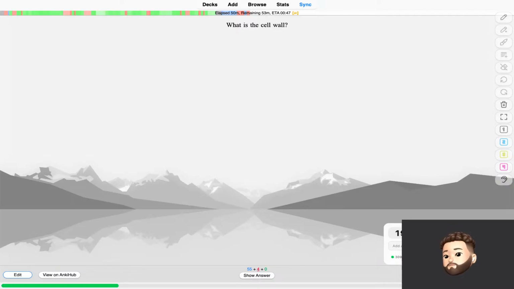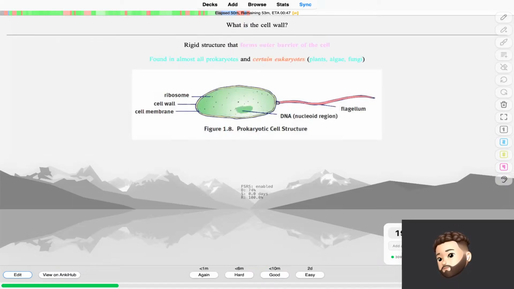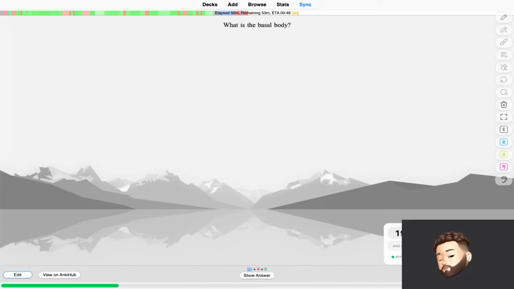What is a cell wall? The cell wall is the rigid barrier. Damn, bro. Rigid structure that forms the outer barrier of the cell. The basal body is the membrane made of connective tissue, which tightly encloses the, it's gonna tightly enclose